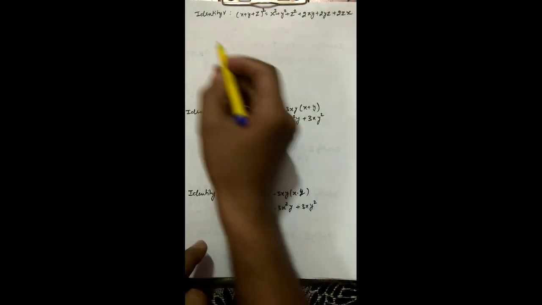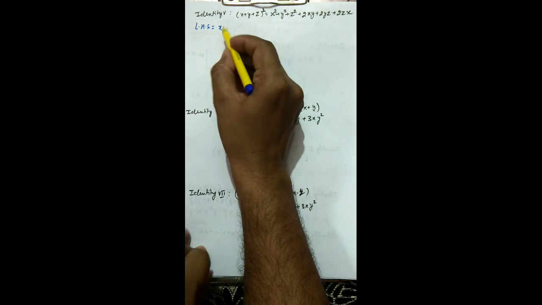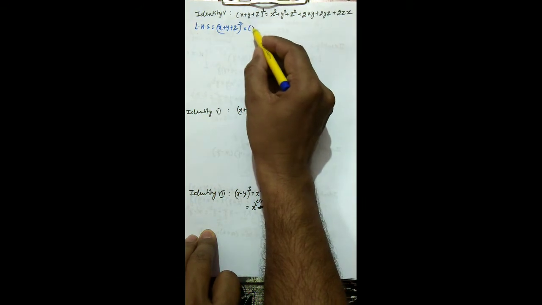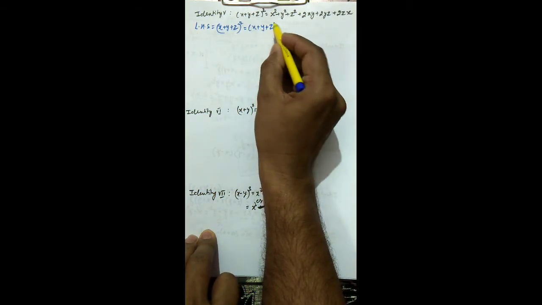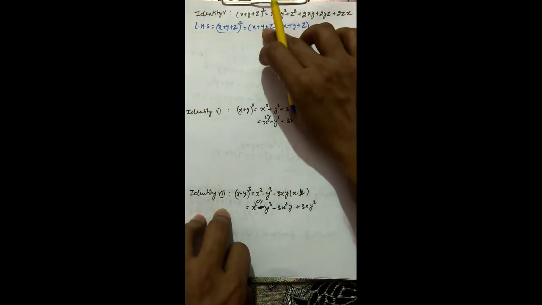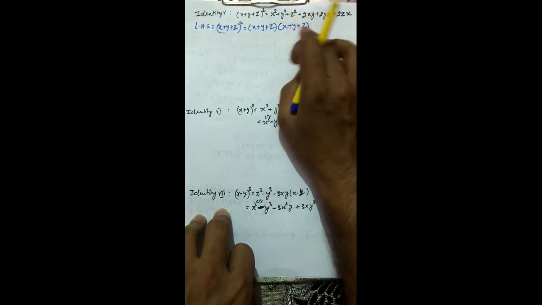Now again we can solve this with the help of the distributive law. So now you see how I prove this. This is LHS, (x + y + z) whole square. You know that this whole square can be written twice, so this is (x + y + z) bracket (x + y + z). Now for the time being, consider (x + y + z) as a, and this you can consider as a, b, c.